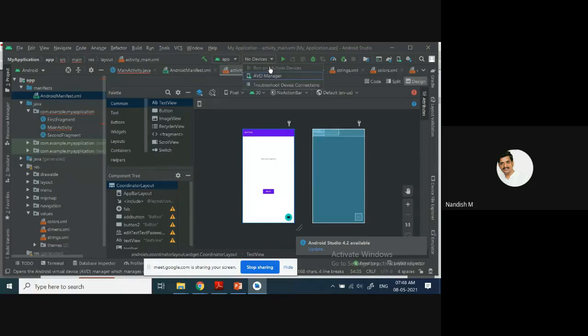The devices will be visible here. And in your mobile, one setting should be done. That setting is the developer mode should be on. You have to switch on the developer mode. For that, you have to go to the settings, then About phone. There will be a build number of the software. On top of that build number, you have to click 3 times.